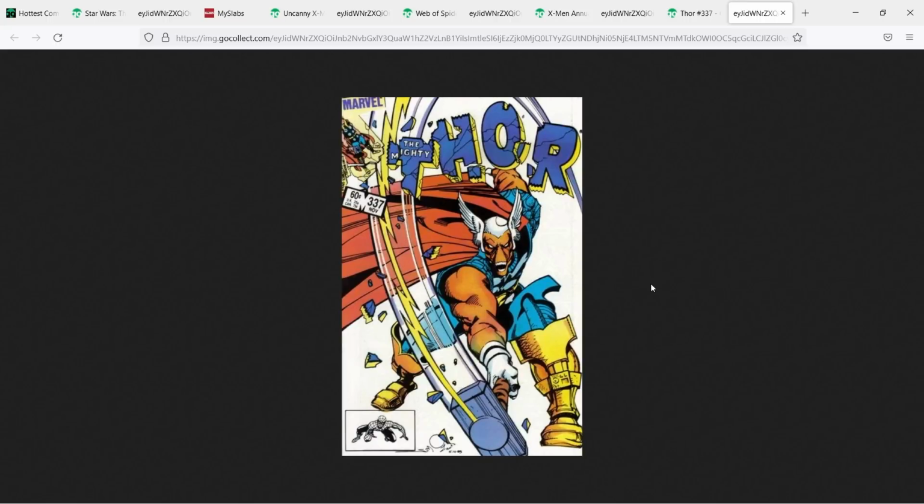Now, of course, Beta Ray Bill has been heavily speculated on for quite some time. We got that Easter egg of him in Thor Ragnarok, where he had a statue on the side of that building. It's been speculated that Beta Ray Bill might be showing up in the next Thor Love and Thunder movie. And it feels like the market is really starting to feel like, okay, now's probably the time to jump on this book,